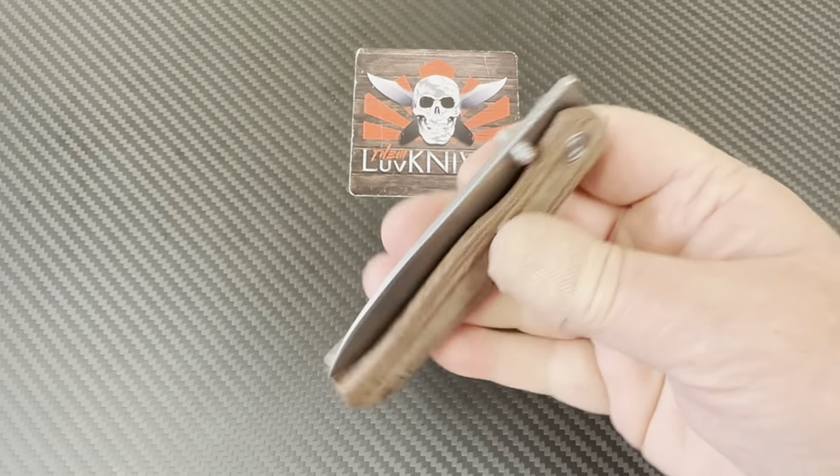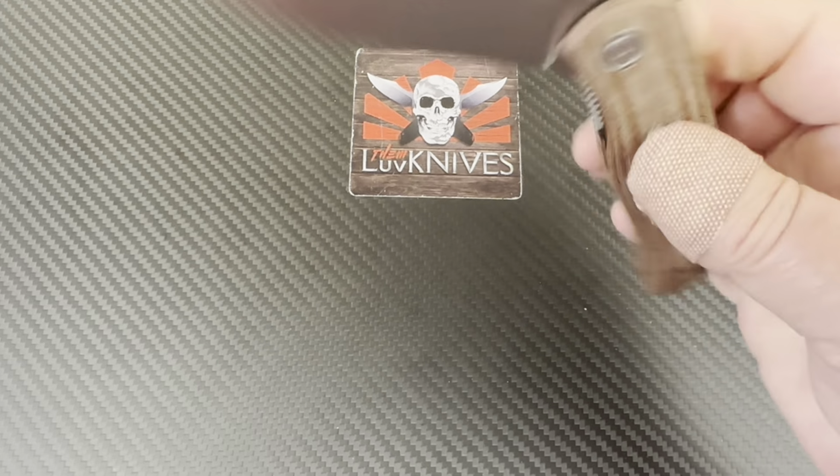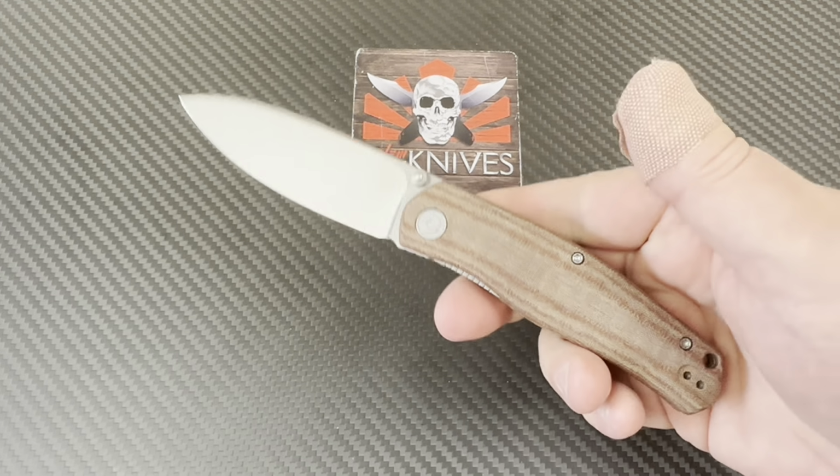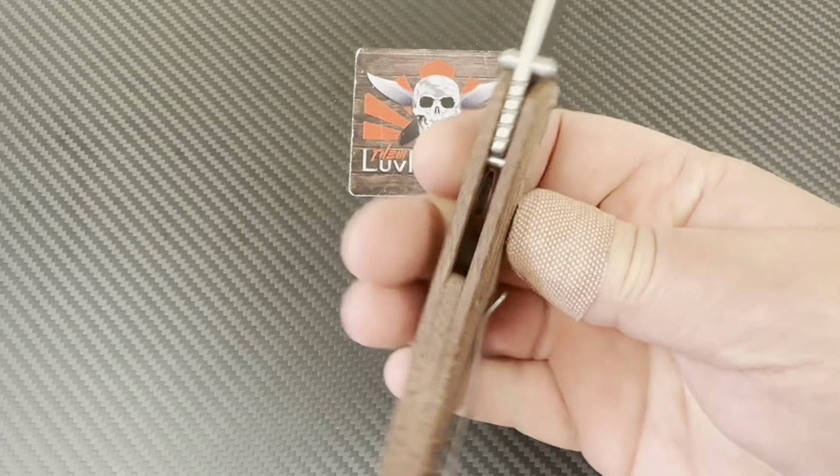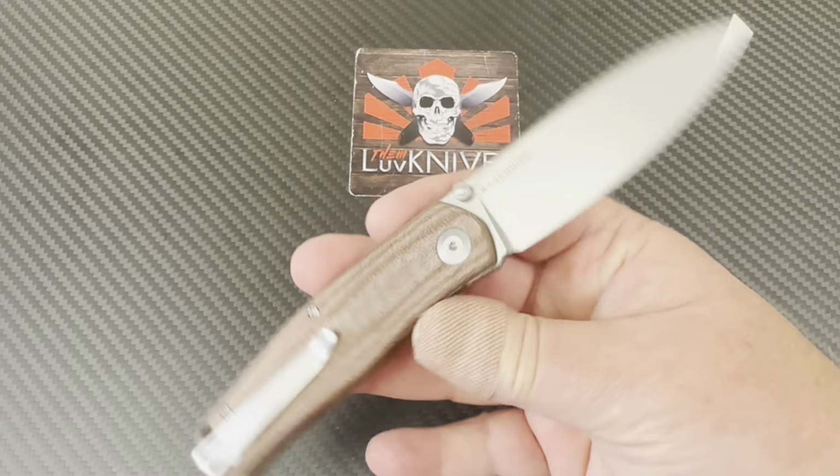And I went on and looked around. It looks like some of the retailers are already sold out of some of the models of these. So yeah, I guess that speaks to that. This one's a micarta one, like I said,